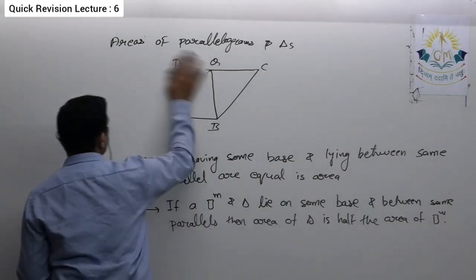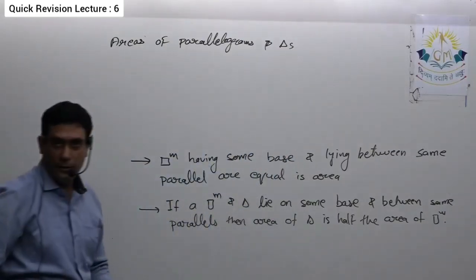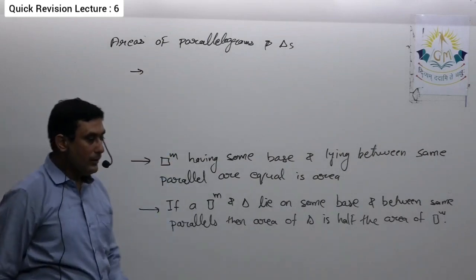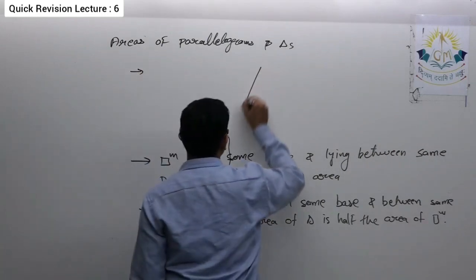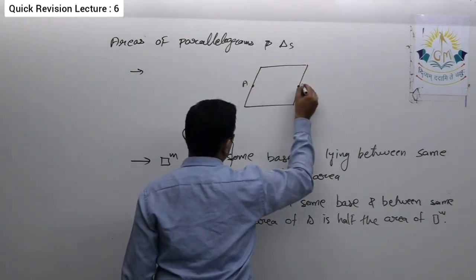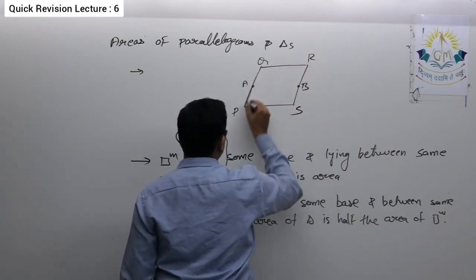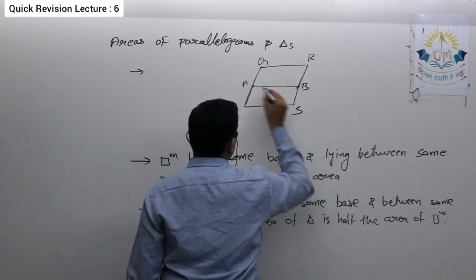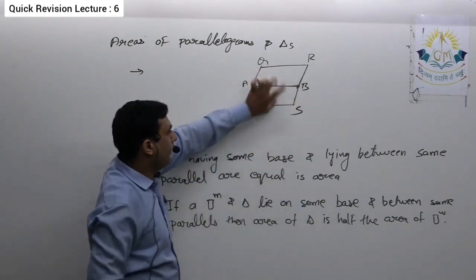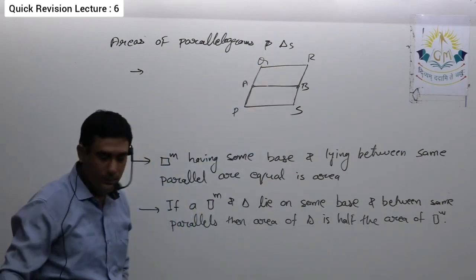Now there are some results that are very useful while solving questions related to this, so I am giving you those next as a note. Suppose we have a parallelogram, and it is given that A and B are the midpoints in this way. A is the midpoint of PQ and B is the midpoint of RC. Then this segment divides the parallelogram into two parts, the upper one and the lower one, and these two are parallelograms as well as having the same area.